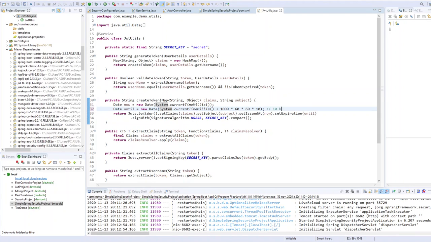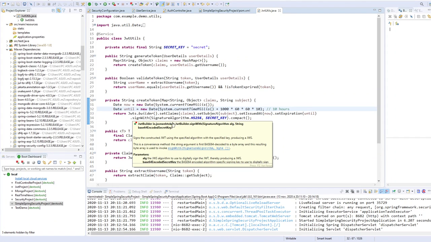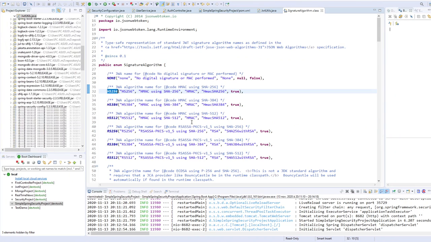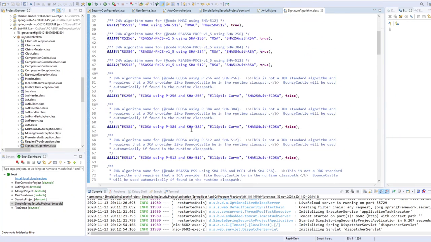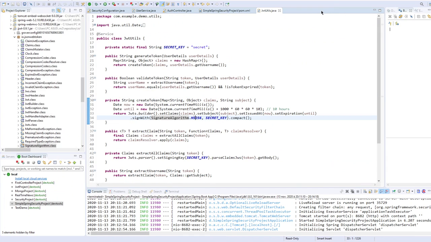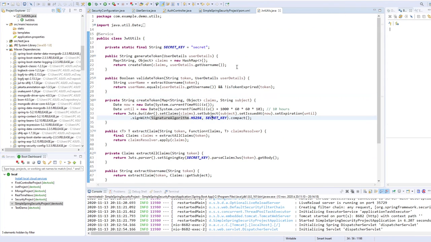So 10 hours. Then after, I will sign my JWT token with this algorithm just here. There are many algorithms that you can use, but I'm not an expert in this field. And you are signing the JWT token with a secret key. For example, here it is "secret", but in a real world application, you have to use some more complex